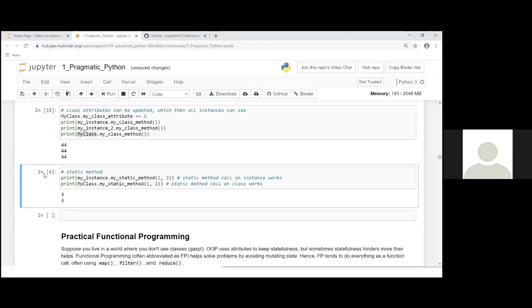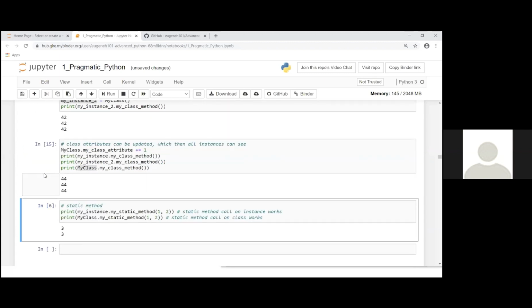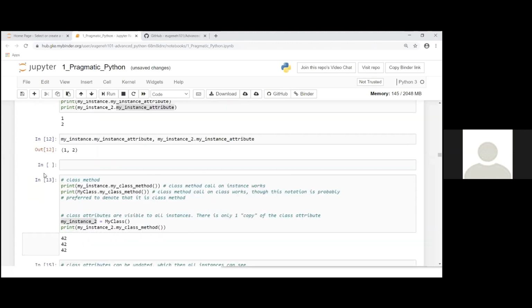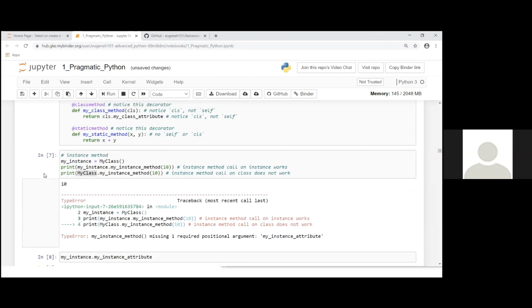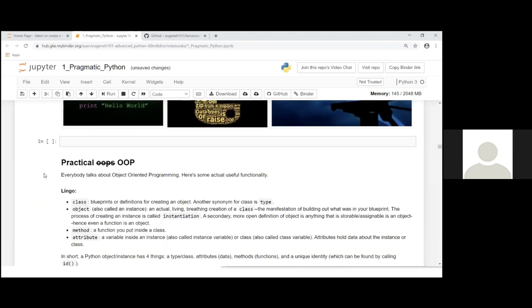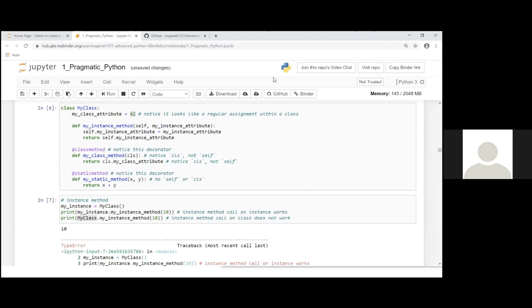And lastly, there's the static method. This one's used very rarely. But basically, you can attach a regular function to a class or instance without it really being a method.